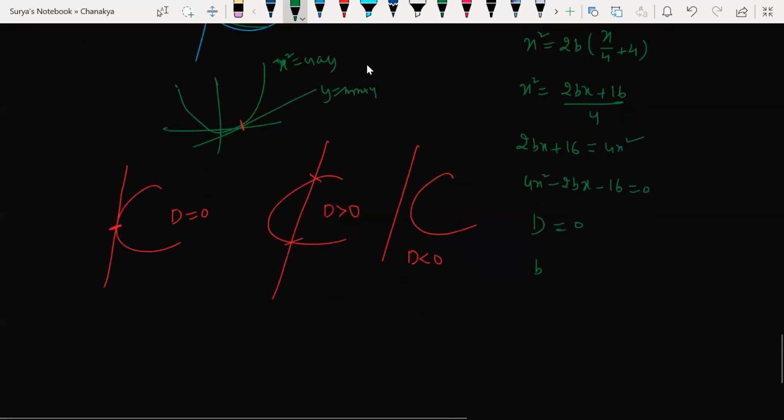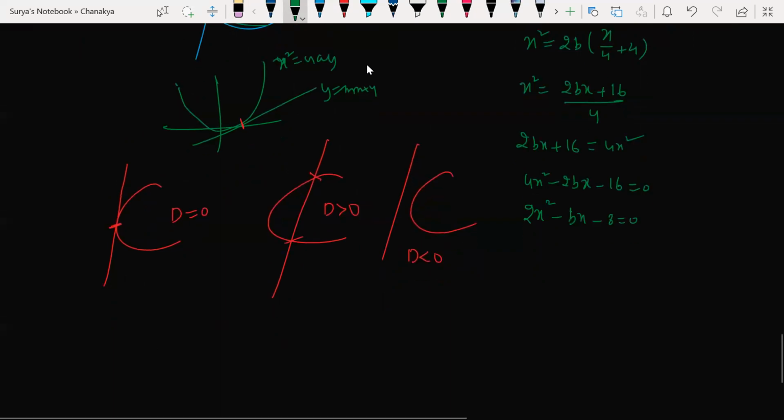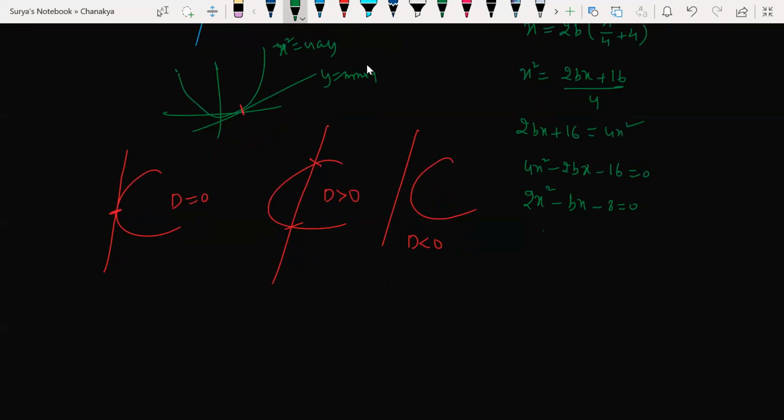Here 2bx. So can we take 2 common here, beta? So 2x square minus bx minus 8 is equal to 0, can I do? Yes. Now look, compare: what is a value? 2. b value is what? Minus b. c value is what? Minus 8. So the discriminant equals 0; the discriminant formula is what? b square minus 4ac